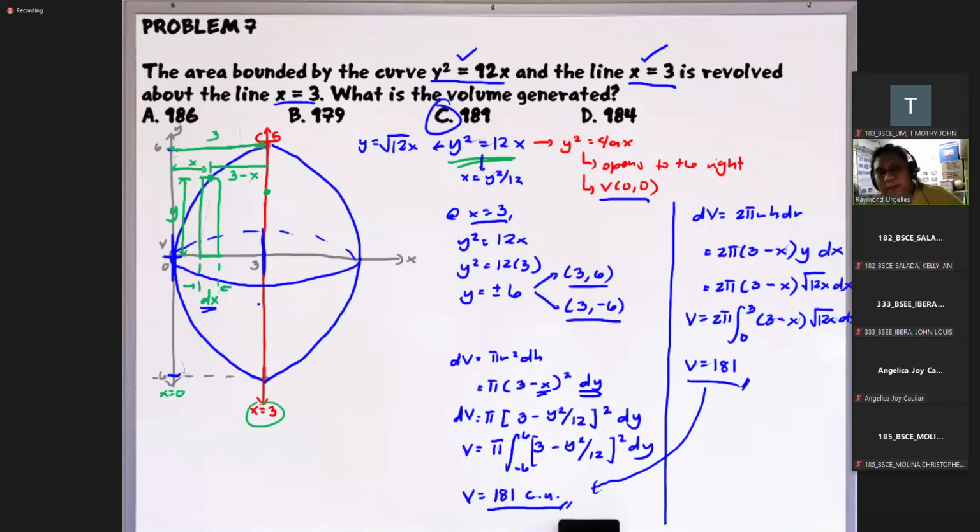Okay? Nakuha ba? Sa Pappus theorem naman, ang kailangan lang natin is the direct formula natin for the area na ni-revolve natin about the axis, and the location of the centroid. Kaya kung alam niyo yung direct formulas natin para sa parabola, magandang gamitin yung Pappus theorem, para sa board exam. Kasi wala nang integration na involved doon. Direct formulas lang. Okay? So sana yung mga tatandaan natin yung formulas.